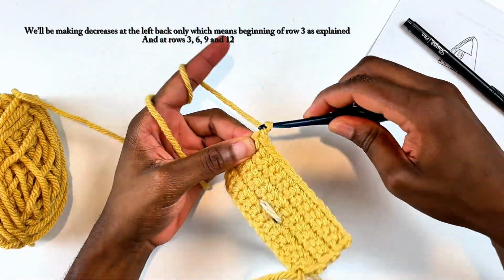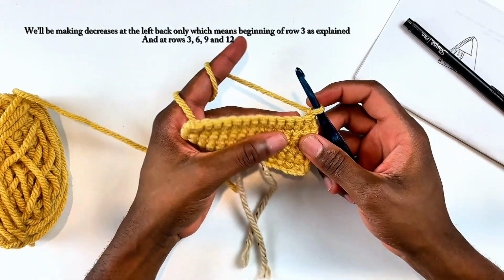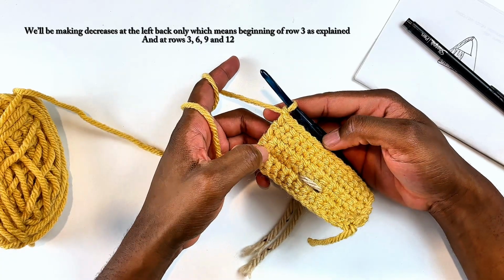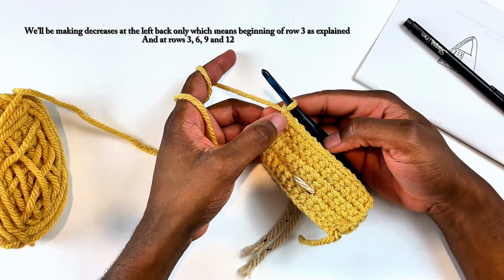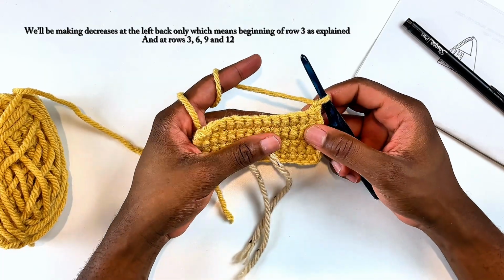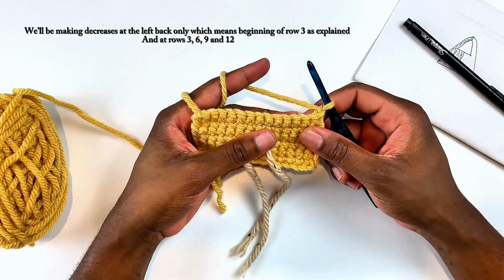If I chain 1 and turn, for me this is the beginning of row 3, because when I make single crochets going back, I'll have a complete row like how I have row 1 and row 2. So for me this is the beginning of row 3, and I just finished row 2.5. So now when I say reduce on row 3, 6, 9, and 12, for this left side, just know that